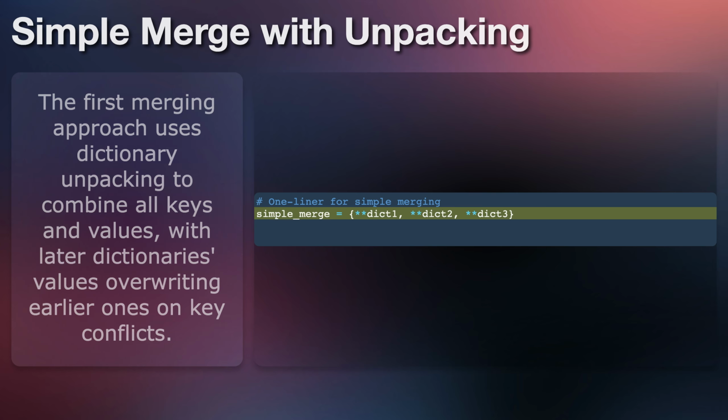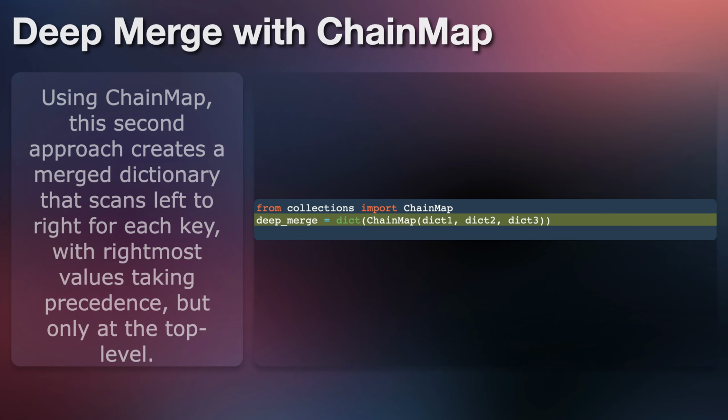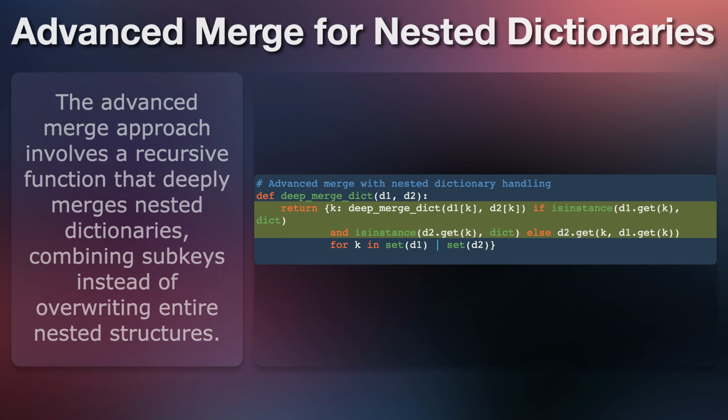on key conflicts. Using ChainMap, this second approach creates a merged dictionary that scans left to right for each key, with rightmost values taking precedence, but only at the top level. The advanced merge approach involves a recursive function that deeply merges nested dictionaries, combining subkeys instead of overwriting entire nested